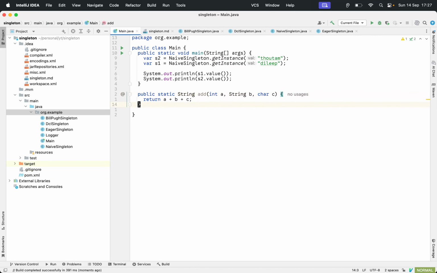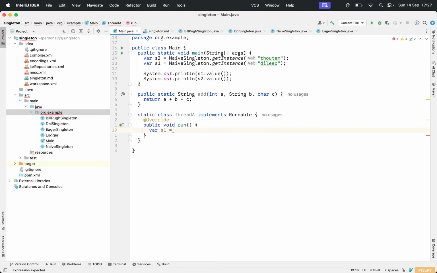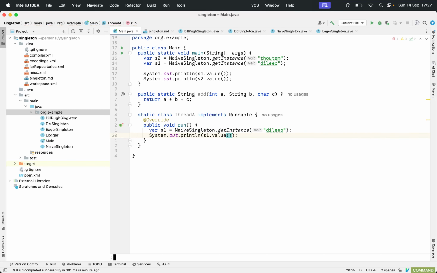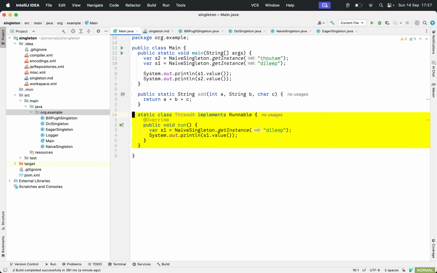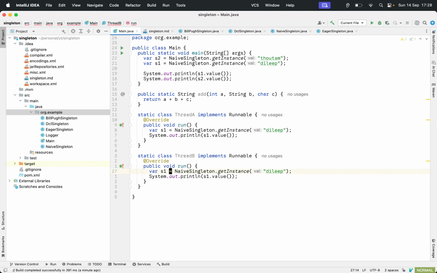Let's test this in a multi-threaded environment. Static class ThreadA implements Runnable. var s1 equals, let's copy this over here, and let's remove this.